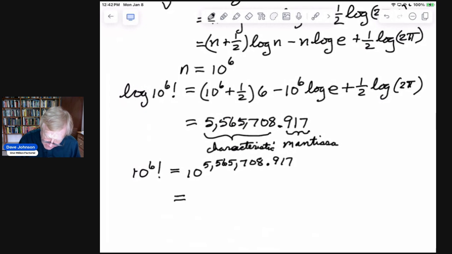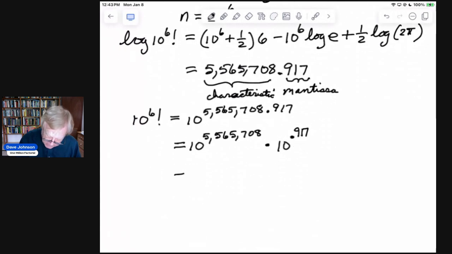Or I can write that as 10 to the 5,565,708 times 10 to the 0.917. And if we evaluate 10 to the 0.917 on a calculator, we get approximately 8.26. So our final answer is 8.26